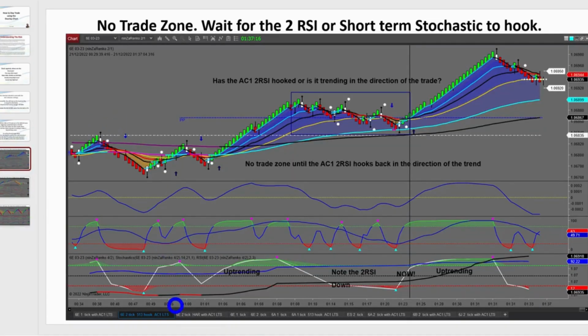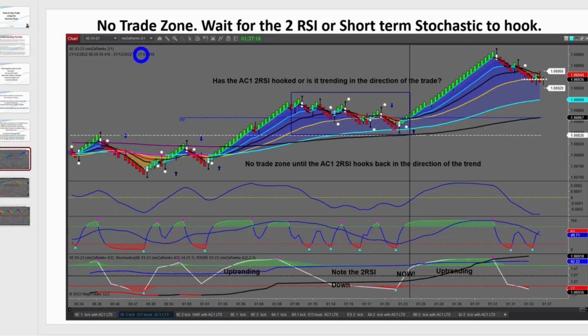Now in this particular case, we'd broken out of a range here, we'd rallied up, and just there we had a potential trade. We had a potential trade just here. Now in this case, see how we were oversold, we then hooked. Now we probably wouldn't have hooked until up here somewhere. Likewise just here, the 2-period RSI came down, hooked back up probably somewhere around here. But what I wanted to point out was this: price then rallied up, and we then went into a trading